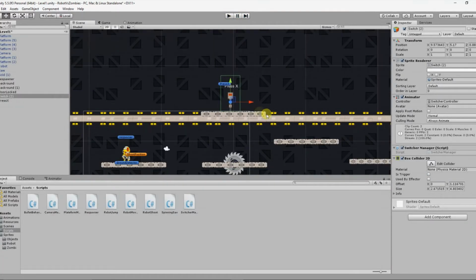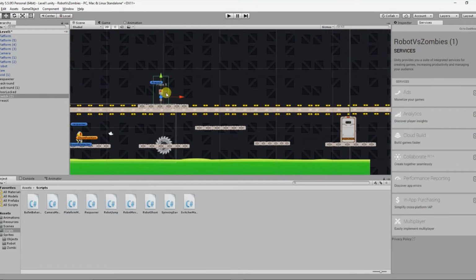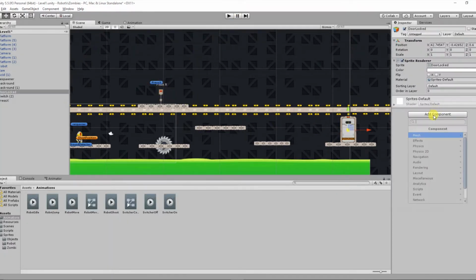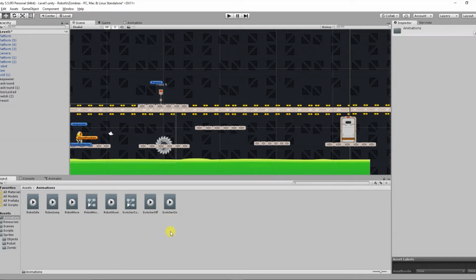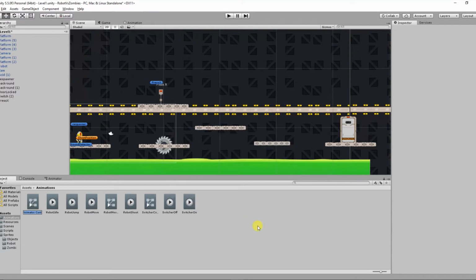Alright, and don't forget to check is trigger because we did it once the animation was done. Now we want to open our door once we press X on the switcher. So let's do the same for our door. Inside the door, add component miscellaneous animator and do the same, create a new animator controller, call it open door